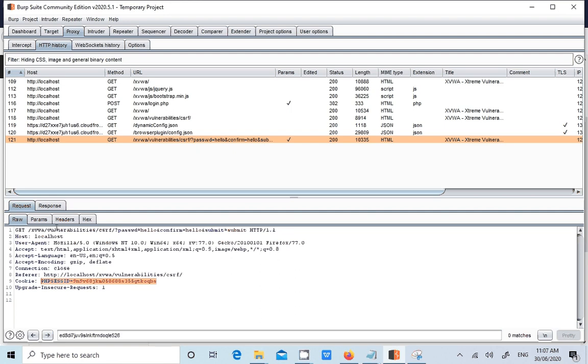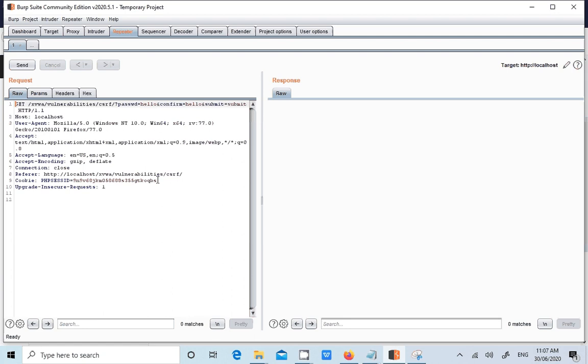Let me try to play a little trick now, to see whether it will change the password. You can do it by yourself. Send this to the repeater. I'll not show you here. Try to remove this particular thing. Now send the request. See whether the password is changed for that user or not. It cannot be changed because the server does not understand which user the password has to be changed for. So try that, guys. Now this is the basic session concept.